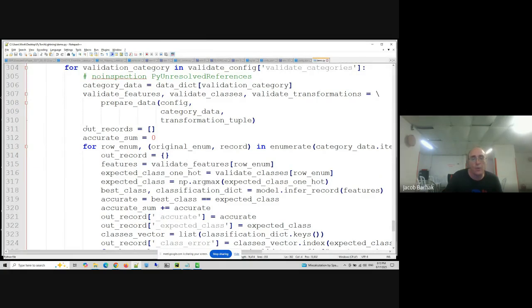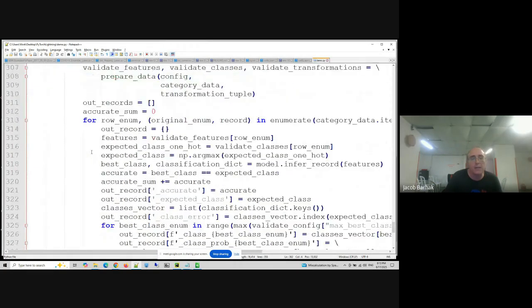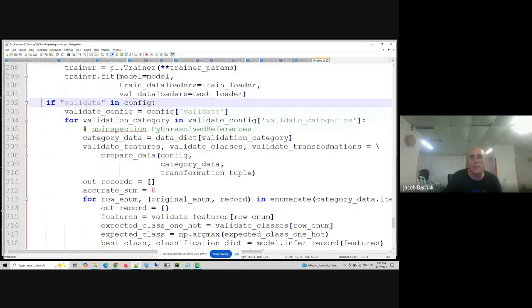So basically, I go through all the records, I load the data sets again, and here you remember the transformation. Here, the transformation is important because we already calculated it before. We just plug it back in. We don't have to recalculate it, because if we calculate it, it may cause issues.